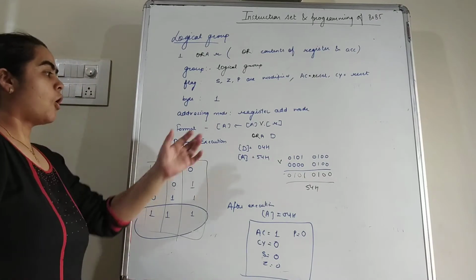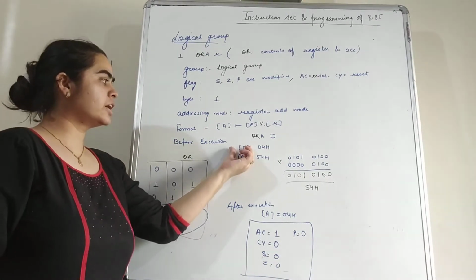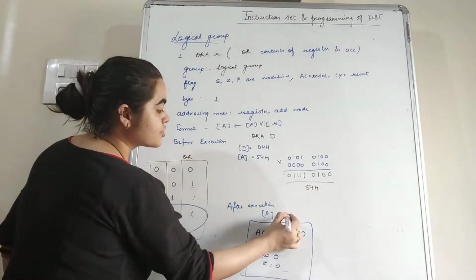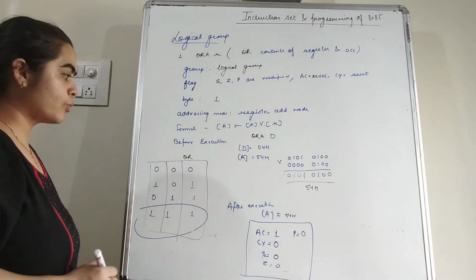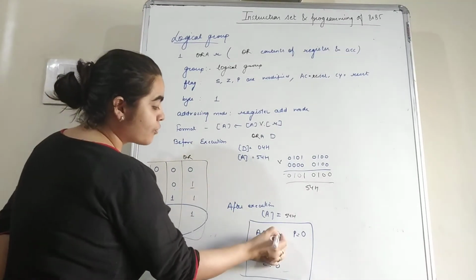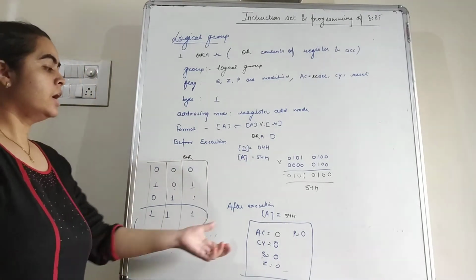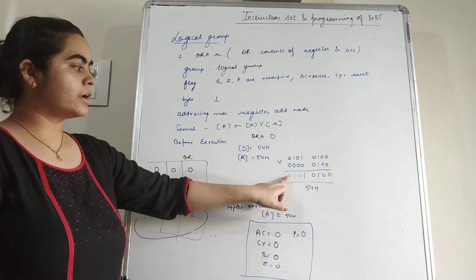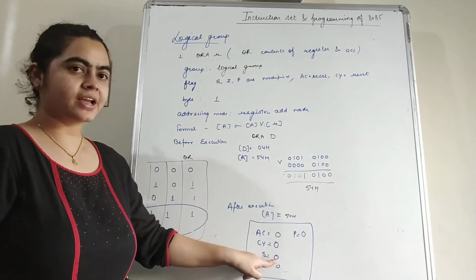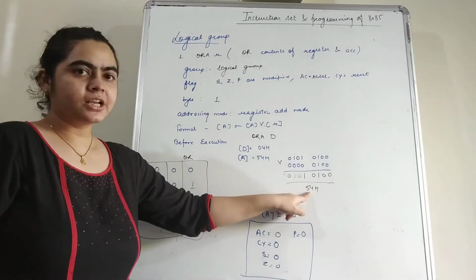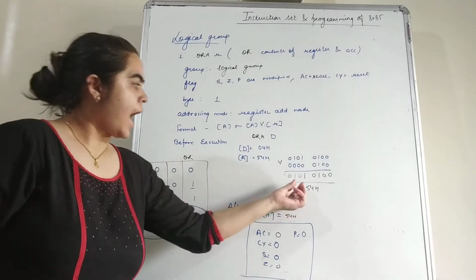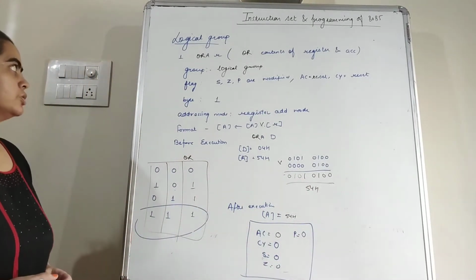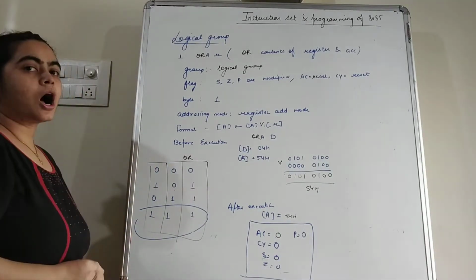So while we are ORing the contents of accumulator and the register, the result is 54H. So after execution, accumulator is having value 54H. Now we can see by default after execution the auxiliary carry and the carry flag are reset. Now next value we can check for the sign flag. Here MSB is equal to 0, that means sign flag is equal to 0. The result is non-zero, that means zero flag is 0, and in this case we have odd number of ones, so again the parity is set to 0. So this is the ORA R.